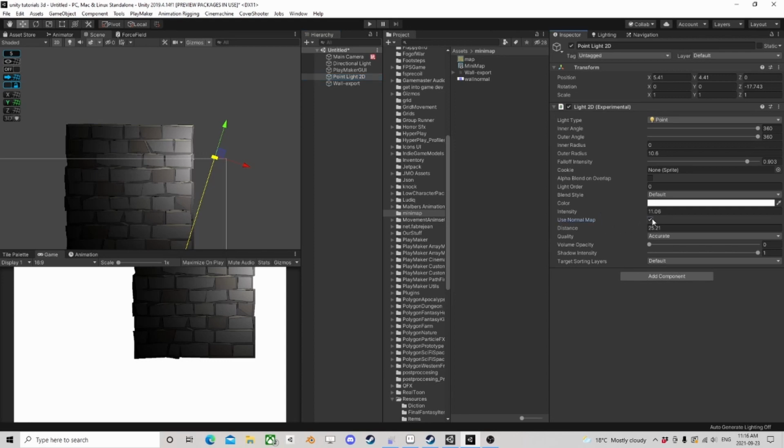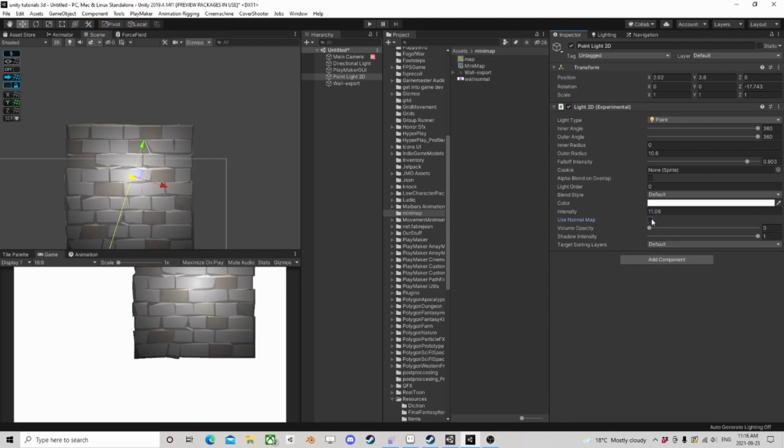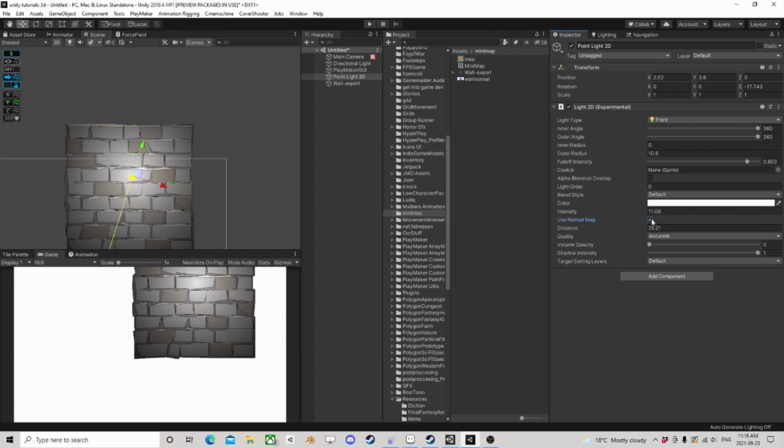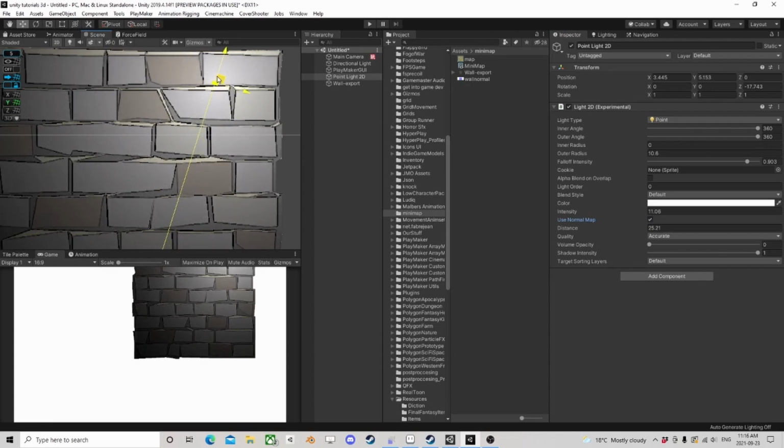See instantly, as long as this thing's on. So there's our wall, and that's without the normal map and with the normal map. Now, like I said, we put our normal map to the extreme, but